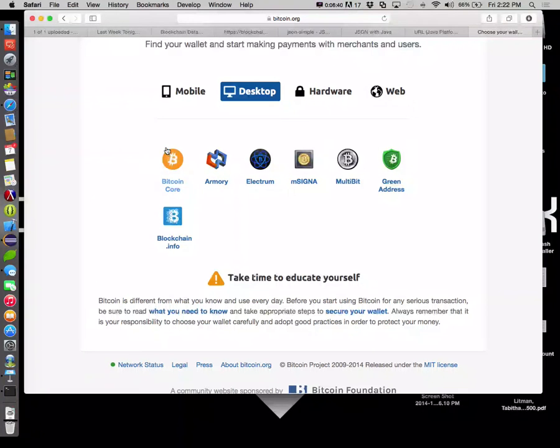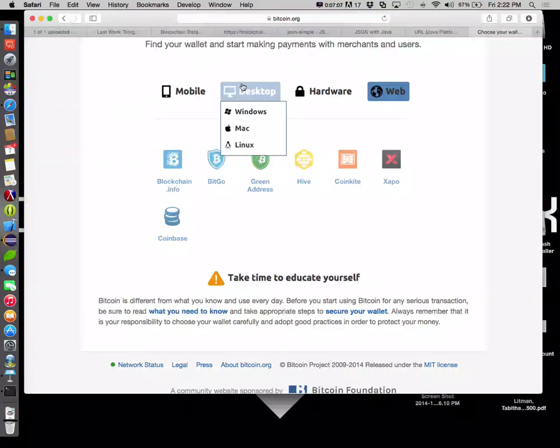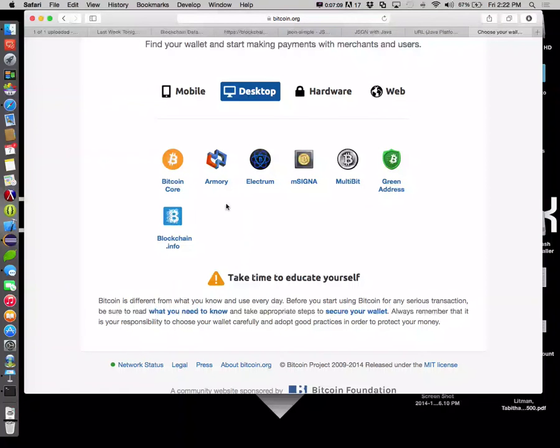But in any case, let's just call it a pretty high percentage of Bitcoin users are going to fit into that category of die-hard Bitcoin people who will only use desktop wallets, because the reason they like Bitcoin is because it's decentralized and super secure. They don't want anybody else to have access to their stuff, and they don't trust banks, all this other stuff like that. So they're going to be drawn towards something like this, a desktop-based wallet. Okay? Now, we can look at some of these different wallets, but I'm just going to give you the